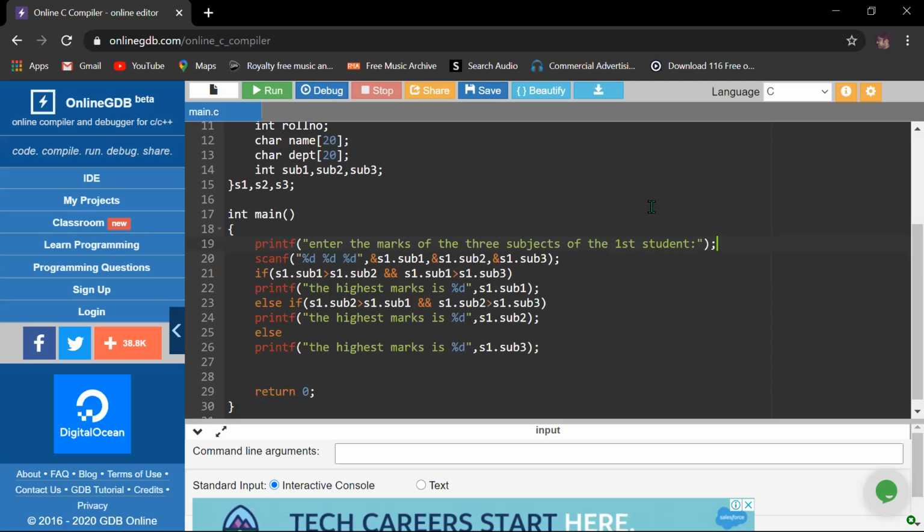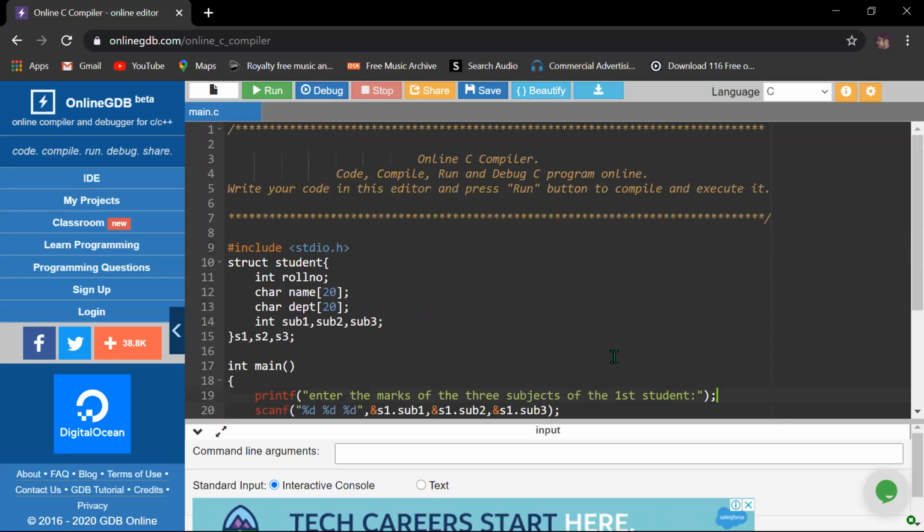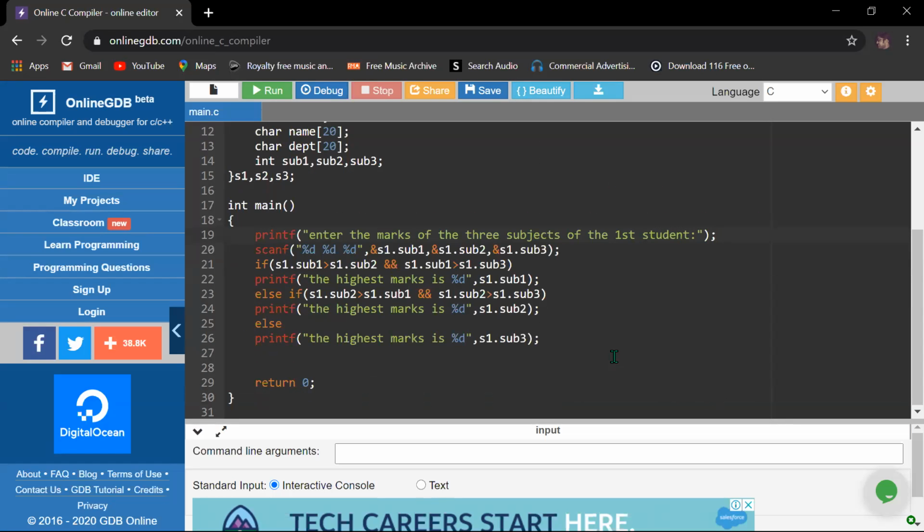You have to pass the parameter with the structure variable to the structure member using the dot operator, nothing else. In a normal case we don't use this type of syntax, but using a structure we have to maintain it.